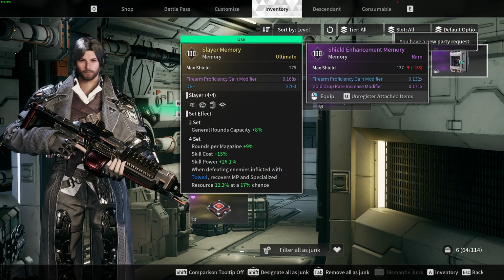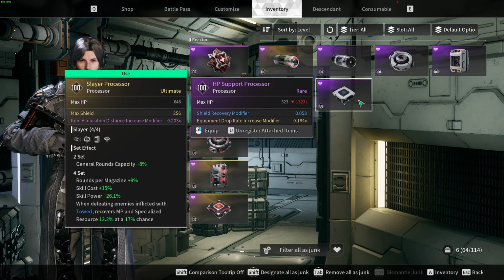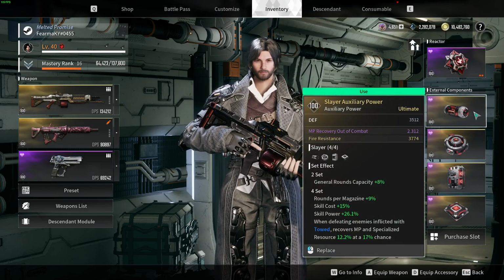Gold drop ratio and firearm proficiency gain modifier is massive, and gold drop ratios as well as defense or health if you can get it to roll, and equipment drop rate and modifier. And honestly, had I known this before I started playing the game, I would have started out with these rare sets from day one. I would have been so much better off gold wise and Cooper shard wise, but because, you know, you live and learn,